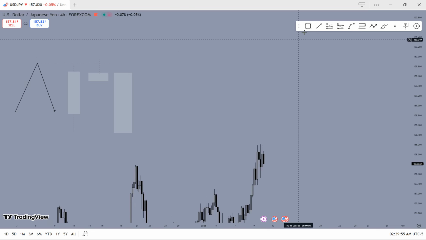So on the lower time frame, what we expect to see will be something like this. We'll have a sweep, there will be a high like this, then we have a sweep of the high, then we have a break of this low right here, a break of the key level right here,